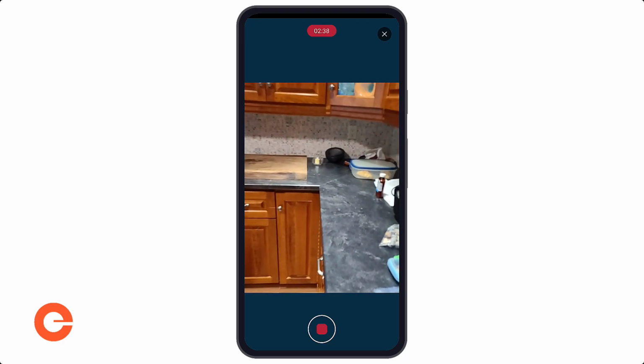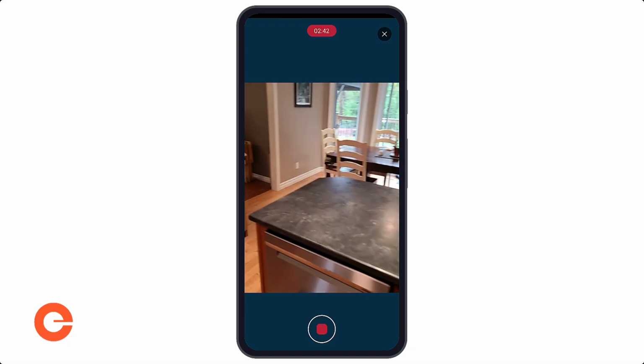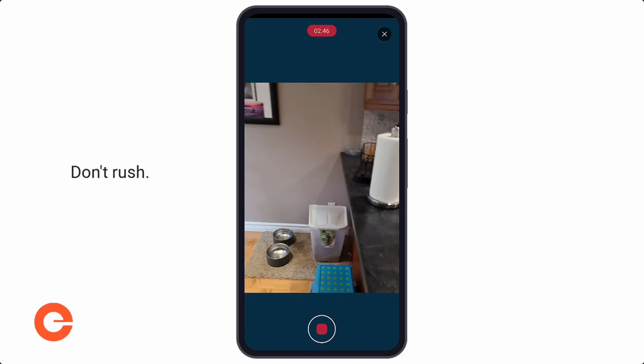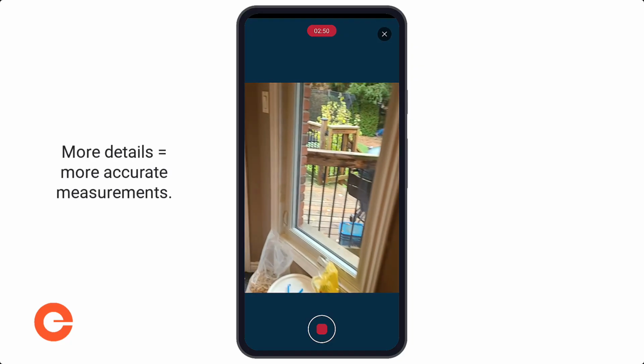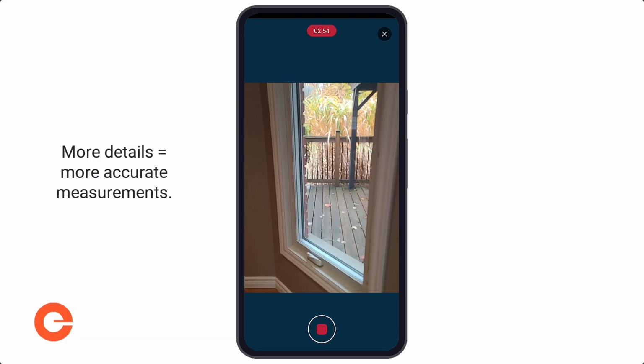Now go into the kitchen. Continue to walk. As you can see, I'm walking at a very steady pace throughout the entire property, even up the stairs. We don't need to rush it. Take your time. Even if it takes an extra few minutes to walk at a slower pace, it's worthwhile to